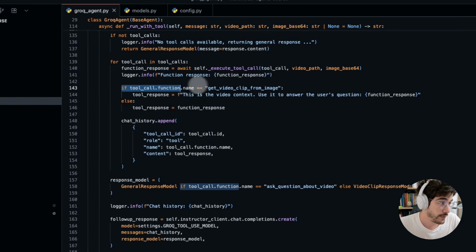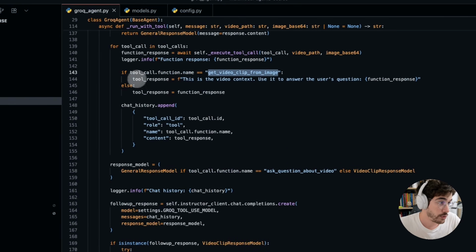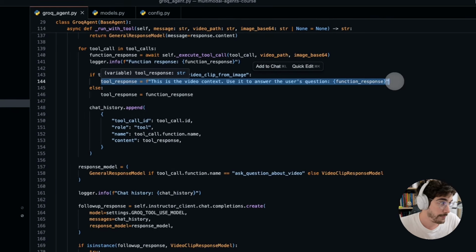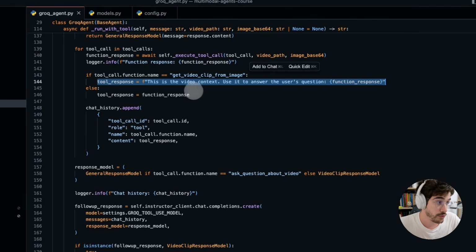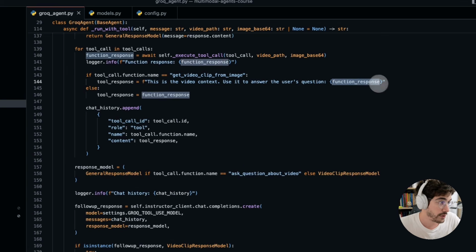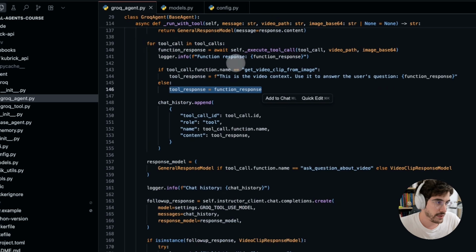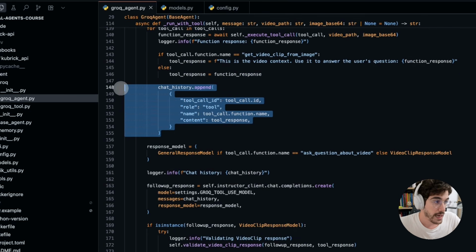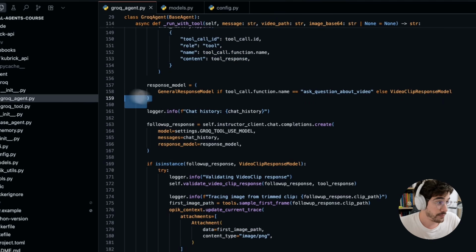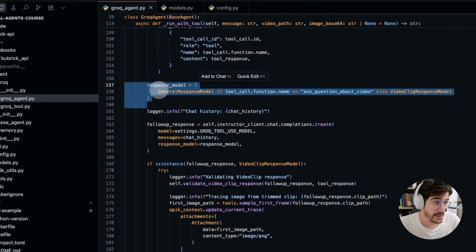If the tool call function name is get video clip from image, we are just going to update the tool response a little bit. So this is the video context. Use it to answer the user's question, and we are putting here the function response. And then if the function name is not get video clip from image, we're just going to return the tool response as it is. All right. We are adding the tool response to the chat history,